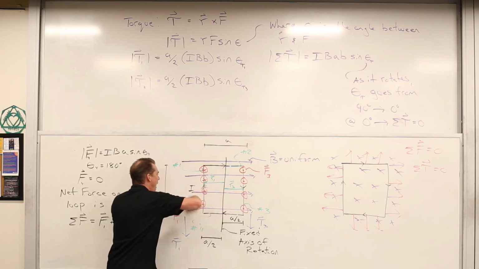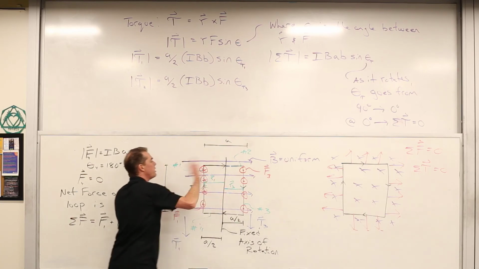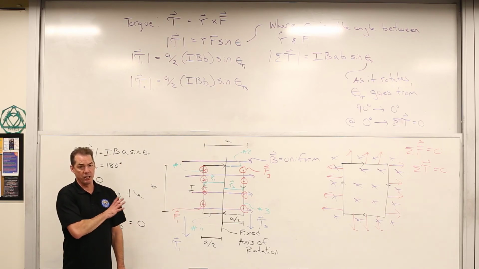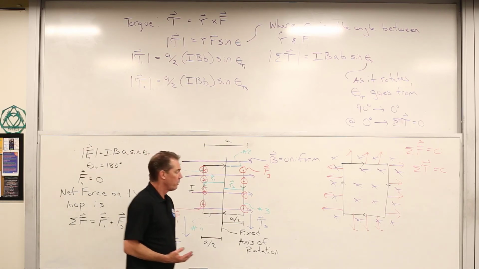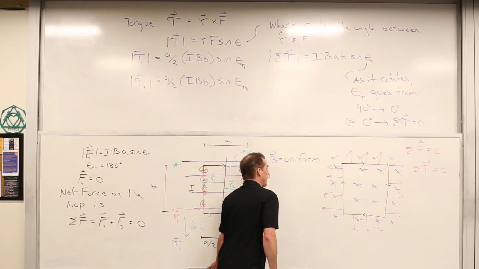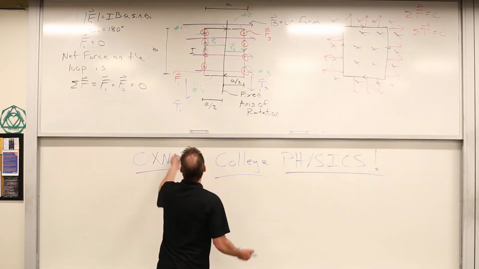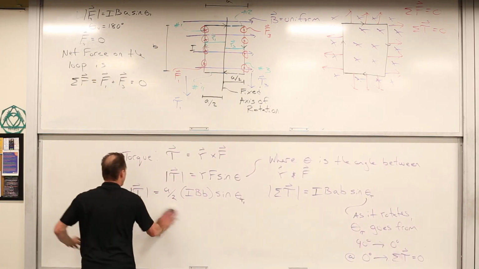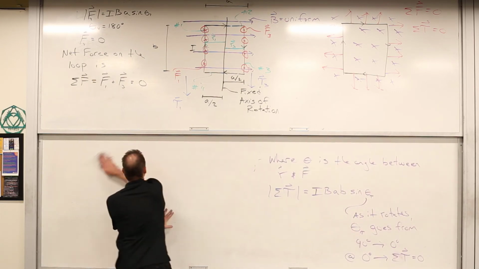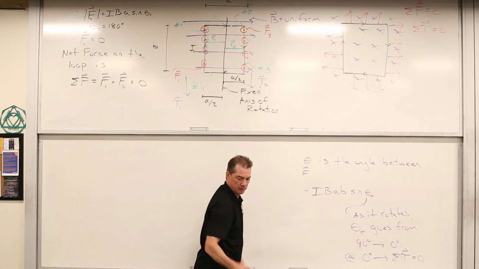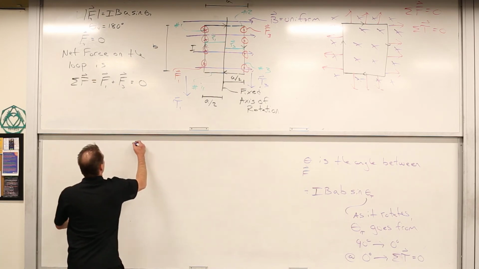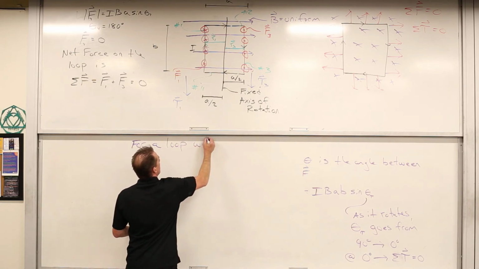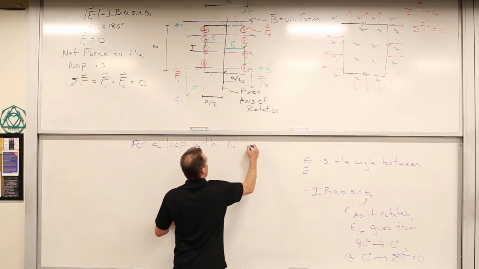So really by having multiple windings of this for a given current, it's like amplifying the overall current in any given location, which amplifies the force, which then amplifies the torque itself. So we have a wire, or a loop, I'll say, with n turns. For a loop with n turns,